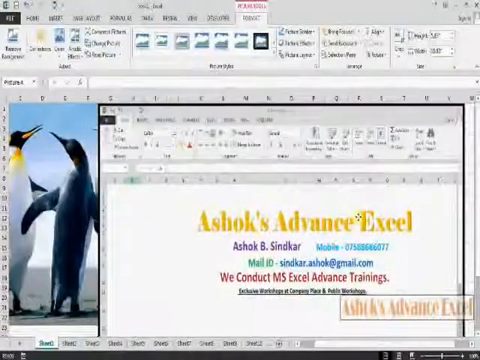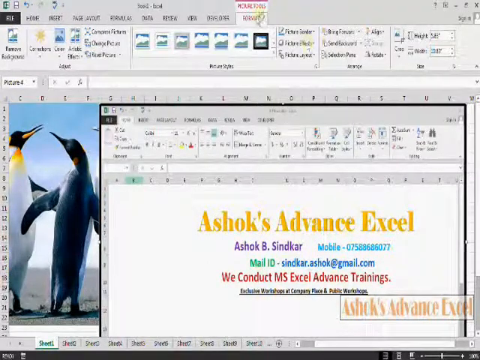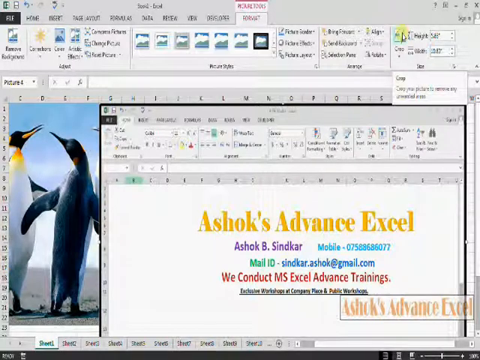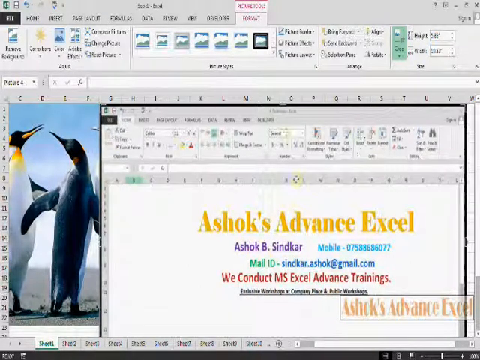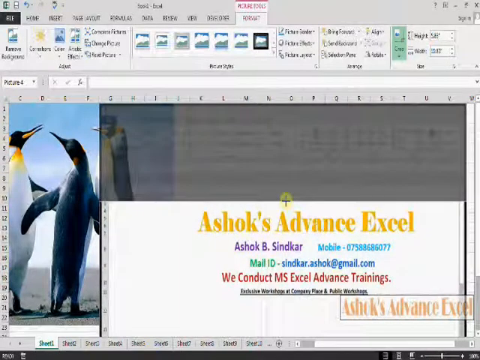Now another tool has appeared on the ribbon, that is Format. Click on crop and crop tools are visible on this picture. Now drag it down and resize it.